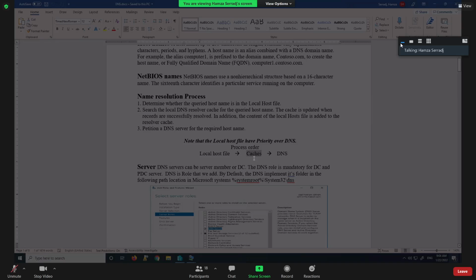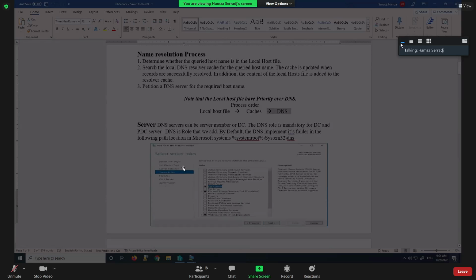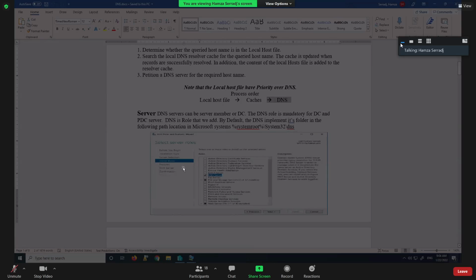Browser cache, DNS cache, whatever cache. And after that we go to the recursive queries on the DNS server, right? So the DNS is a role. Keep it in mind, DNS is a role that we install on the servers. A DNS server can be a member server or a DC. Yeah, so we can have that role in